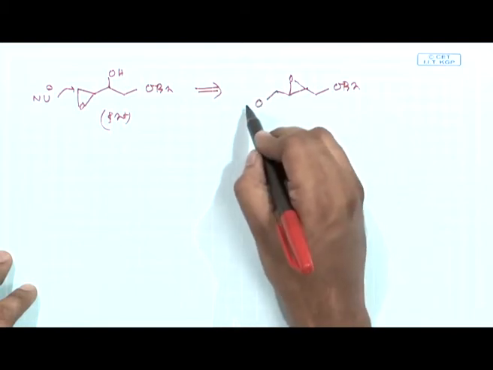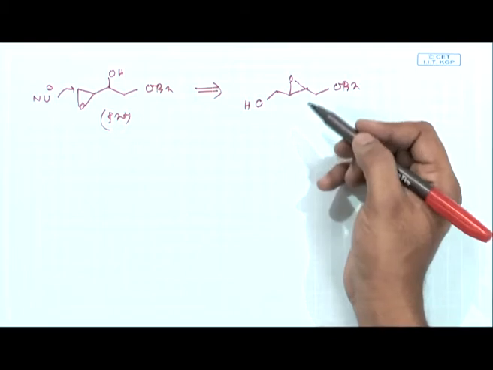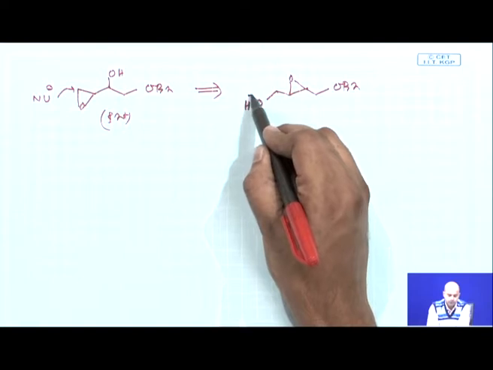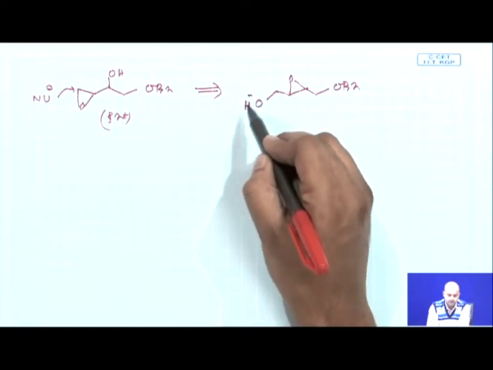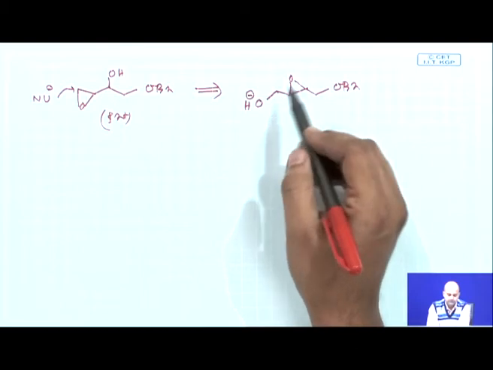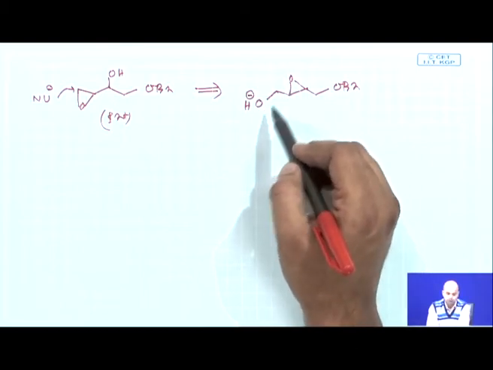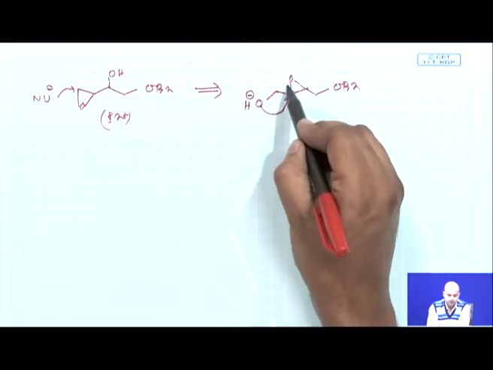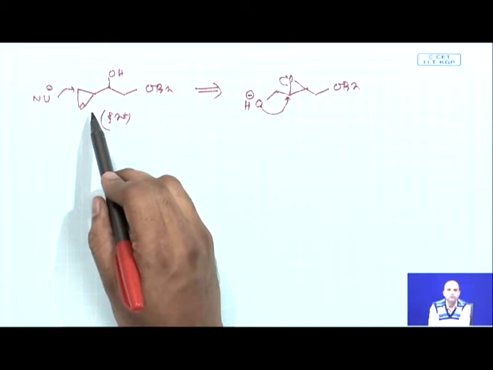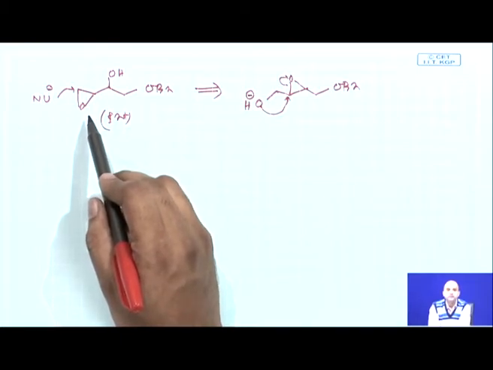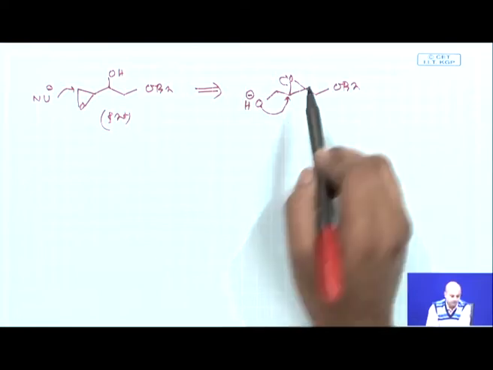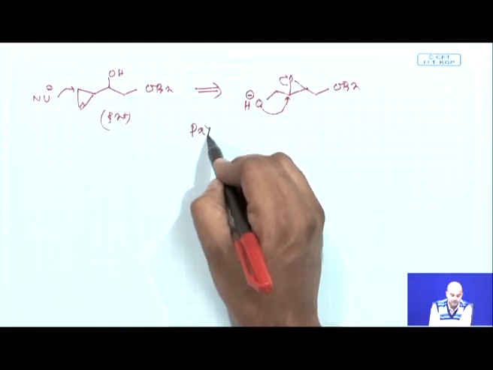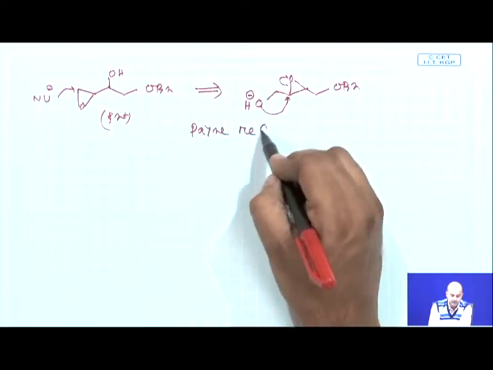The starting material is basically this OH, this epoxide. Initially, if somehow you can deprotonate this hydroxyl hydrogen to give you an alkoxide, this alkoxide serves as a very good nucleophile. If this nucleophile attacks here to open the epoxide, you basically get this compound. So, this is a rearrangement of an internal epoxide to a terminal epoxide. And this particular reaction is named the Payne rearrangement.